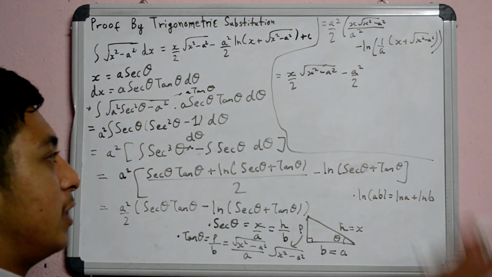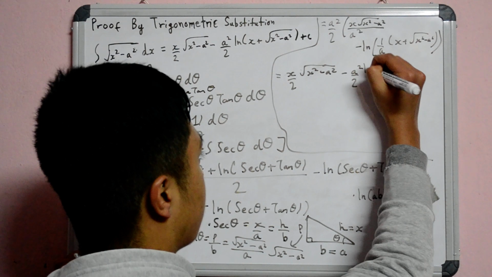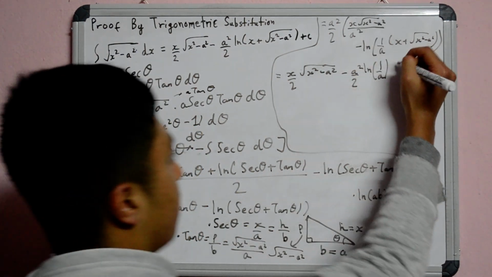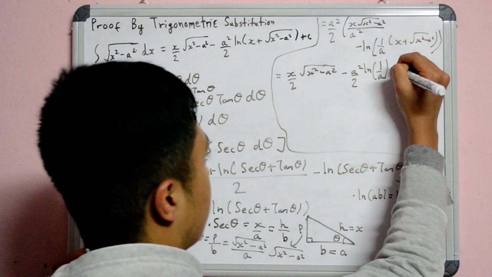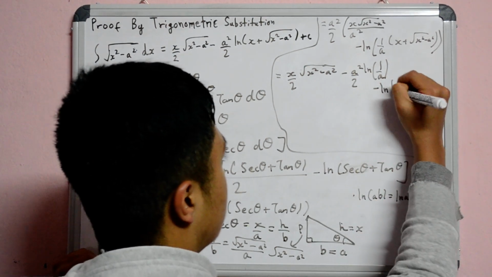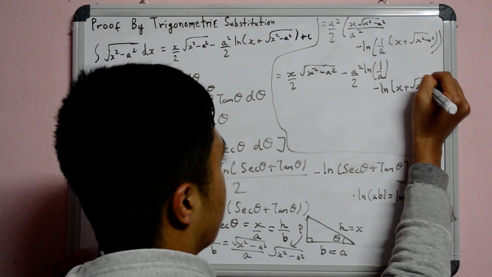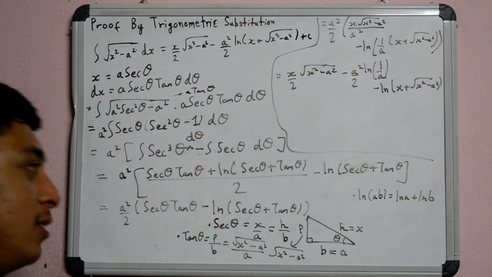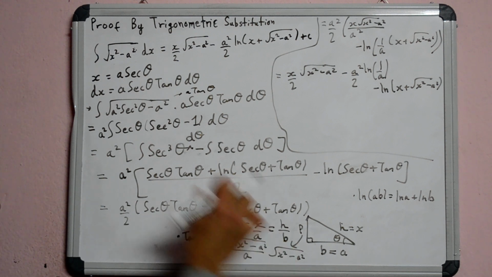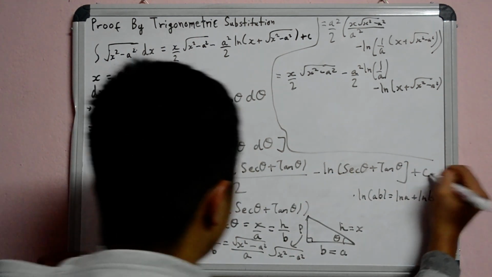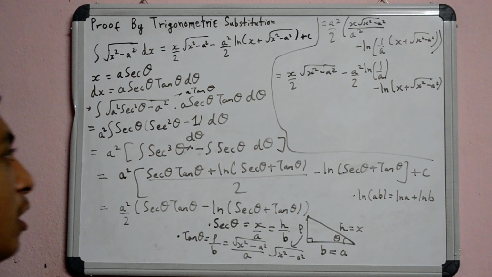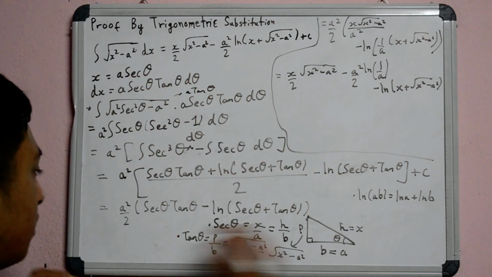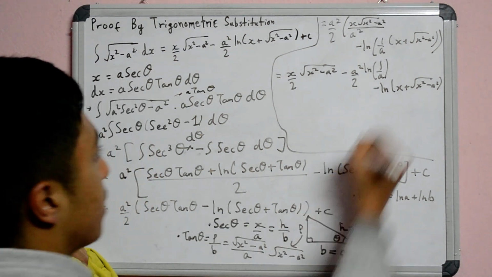But let's just distribute that a square by 2, such that we get ln 1 by a, and minus into plus is minus, so minus log natural of x plus root x square minus a square. Now I always forget this, which is a very important step. After you compute all the integrals, write plus c. I tend to do it on the last step, which made me fail these integrals 3-4 times. So plus c,